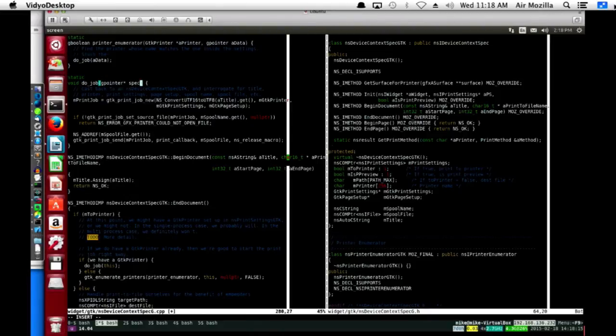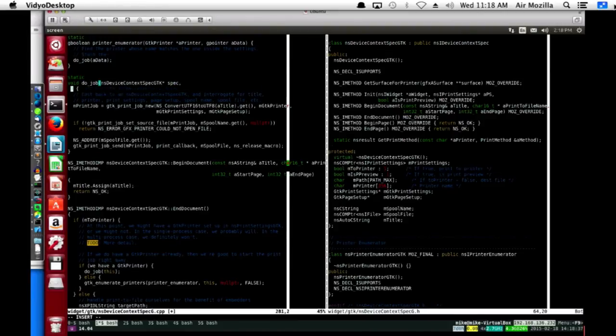Spec. You know what? Why does this... I mean, we control the alpha and the omega here. We should make this just be the NS device context spec GTK. Spec. And then we can have a GTK printer here. So this will allow us to construct the printer.